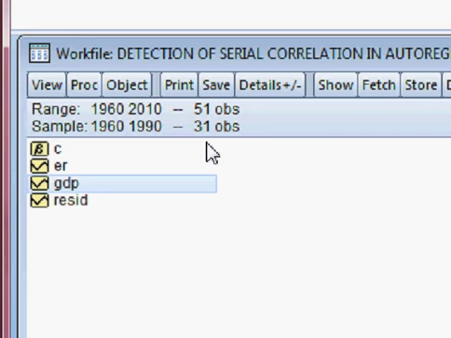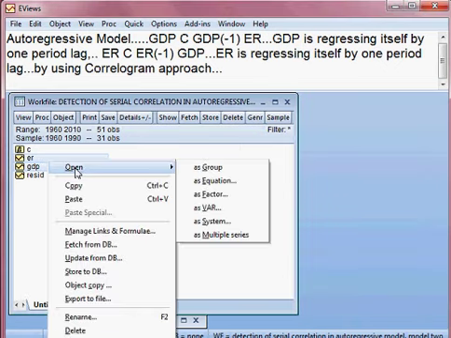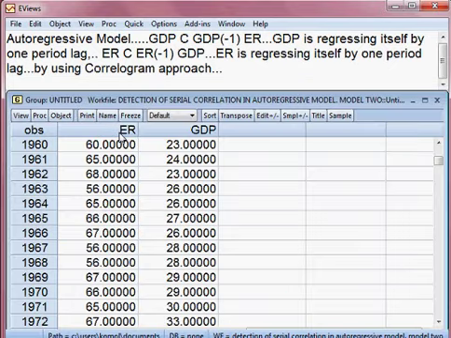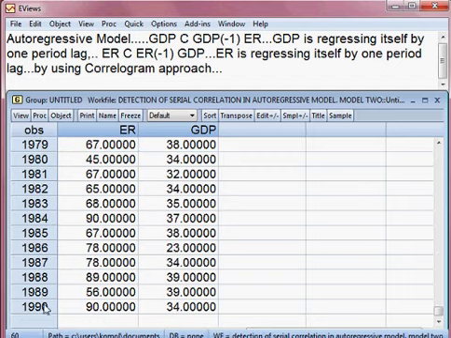I can make it big for you and show all the data. I select and open as a group. So this is the ER, this is the GDP from 1960 until 1990, right? So we have almost 30 years of data,